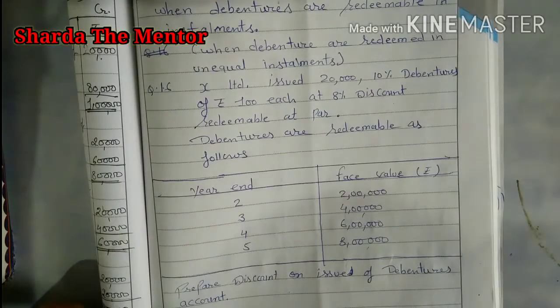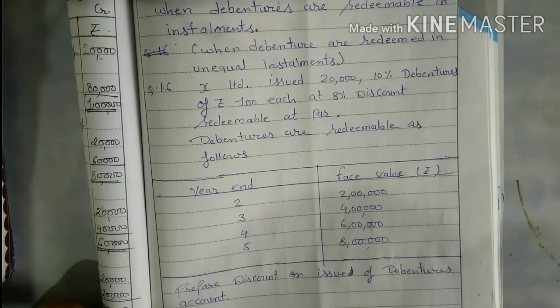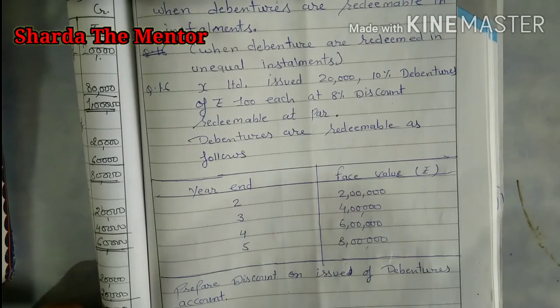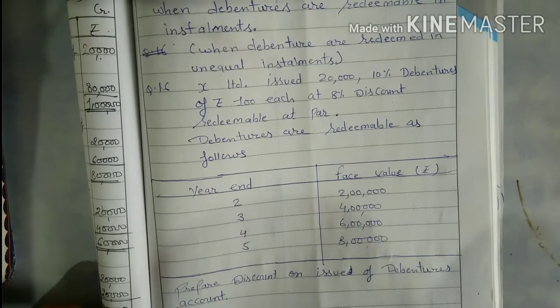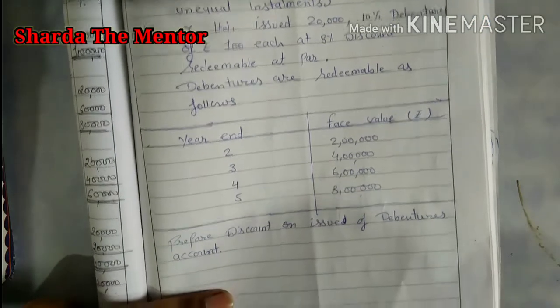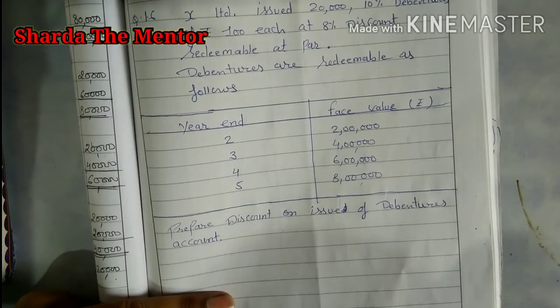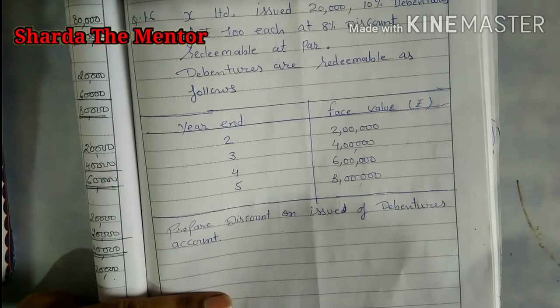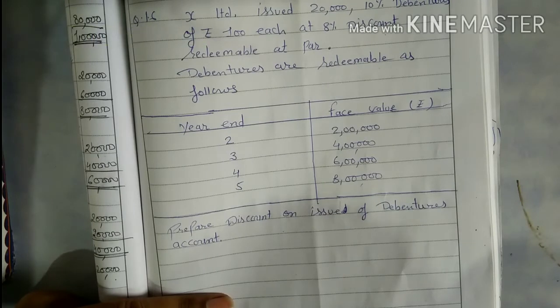Hello everyone. In the previous video we studied how to write off the issue of debentures at a discount, but in that video we solved a question based on equal installments. It means if it was a fixed installment, whatever amount you write off in 1 year will remain the same